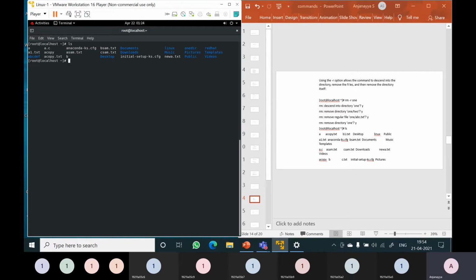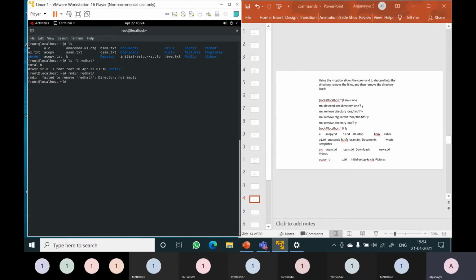Now I want to delete Red Hat. ls -l Red Hat. So Red Hat is containing CentOS. If I directly use rmdir Red Hat, I cannot delete because Red Hat is not empty. Red Hat is containing one folder by name CentOS. But I want to delete the Red Hat directory.